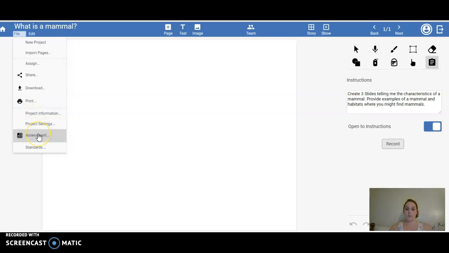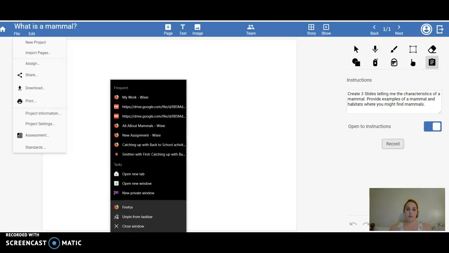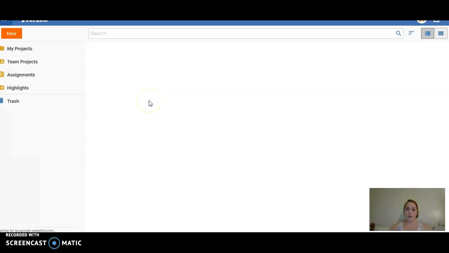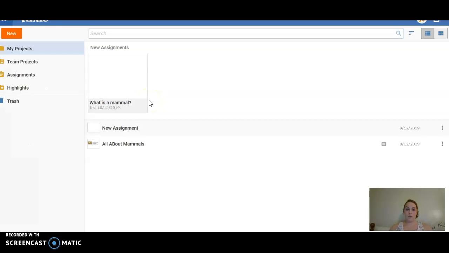So you would click on assessment and create the rubric to go with it. You can align the standards to it. I thought that was a great option. Now when it gets sent to a student, it looks like this. They log in and it goes into a student